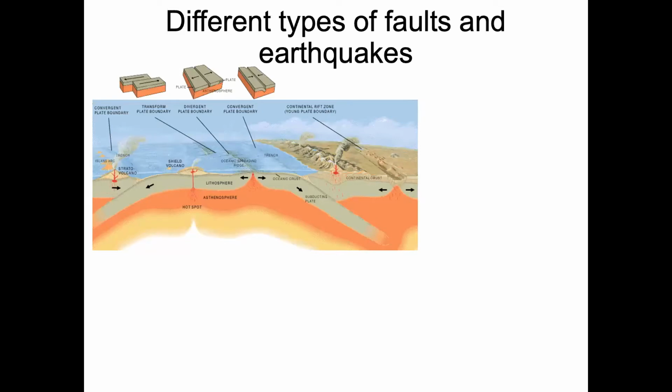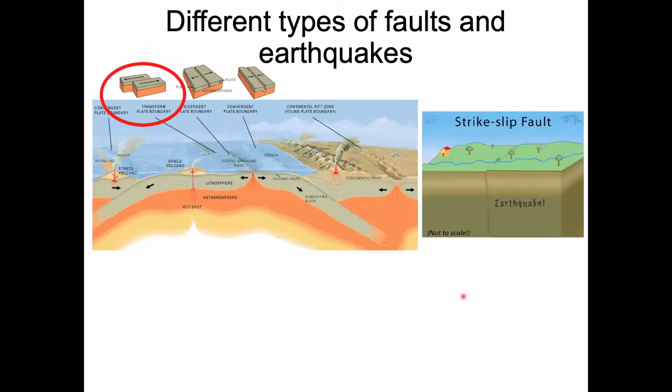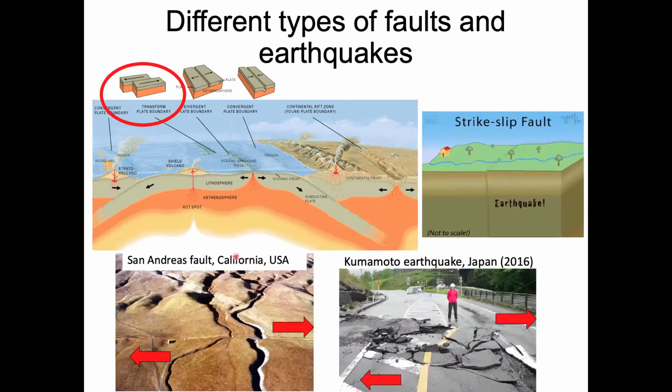And there are three key types of earthquakes, which I'm going to just run over. So the first type of earthquakes and faults are strike-slip faults. So these are where the crust or the rocks slide past each other in a sort of translational way, which is what's shown in this animation here. So the ground level stays the same, and it's just that the plates are sliding past each other.